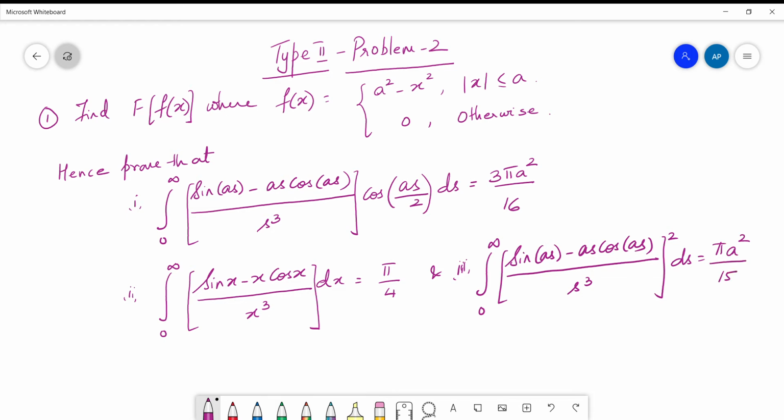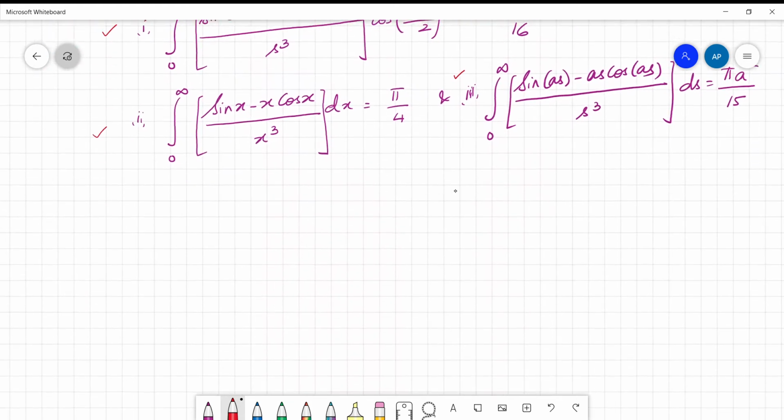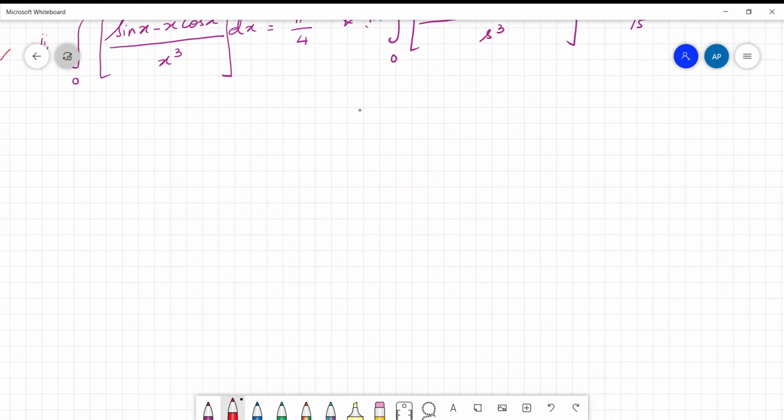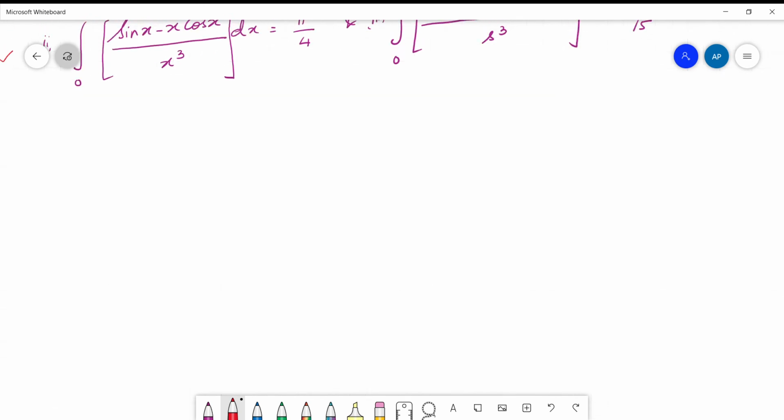So this is a question which has four parts again, so it's a lengthy one again. We need to find the Fourier transform first and then find out the values of these three subdivisions. One follows from the other. So let's start off without wasting any more time with part 1. So I'll start the solution writing it as part 1, which is to find out the Fourier transform of f of x, where f of x is given to us.